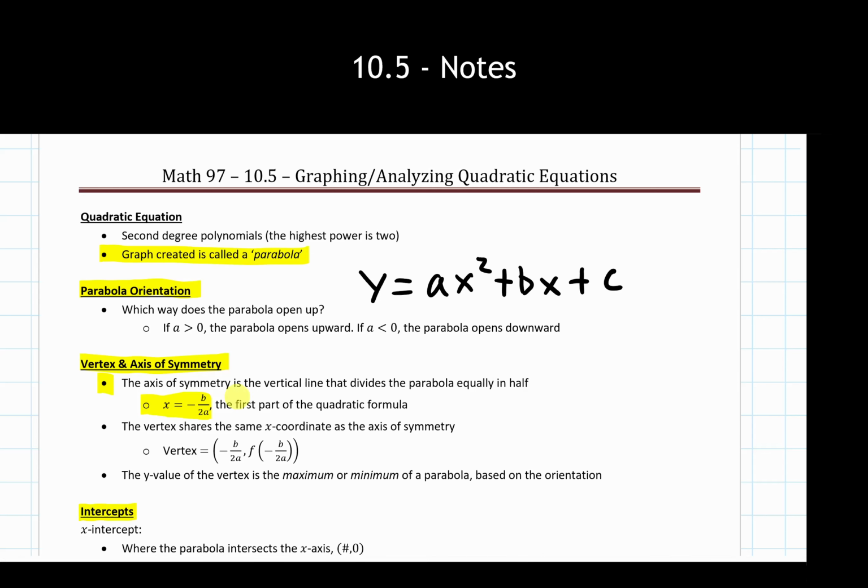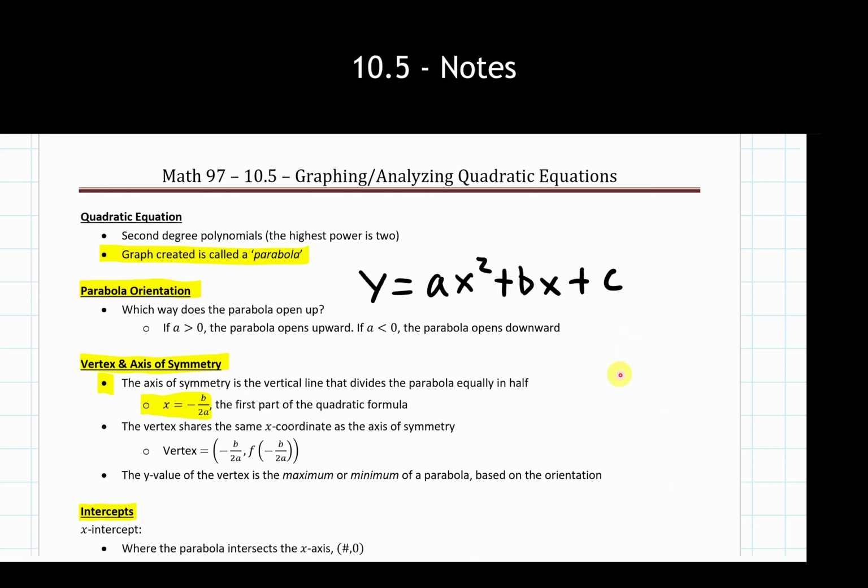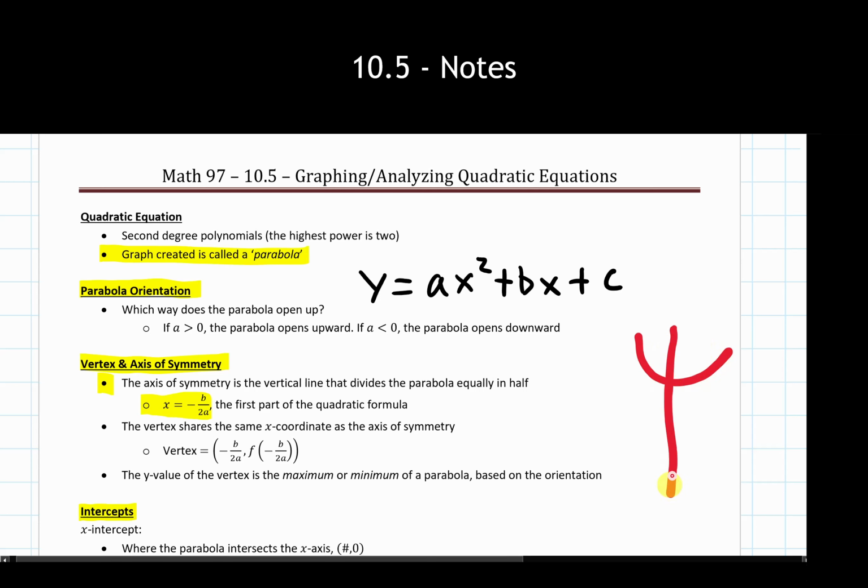And again, this is coming back to our standard form for quadratic equations with this a, b, and c value. With these parabolas, it's kind of a U shape that we have here. The axis of symmetry is this spot right in the middle that cuts this thing in half and shows that the left side is the exact same as the right side, which, as the name would suggest, means that this equation and graph are symmetrical. So the axis of symmetry is the thing that cuts my parabola directly in half. That's the thing I'd be looking for.